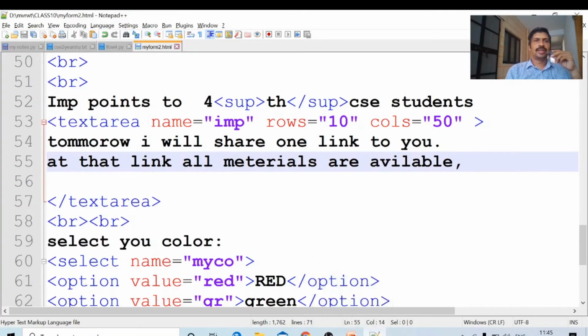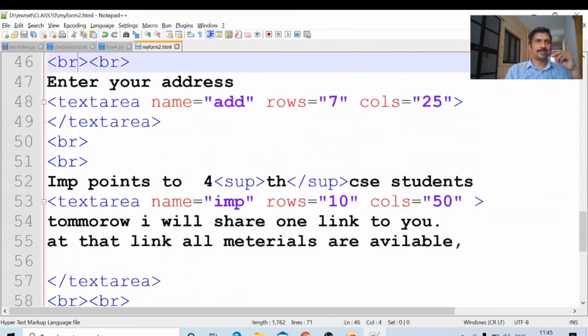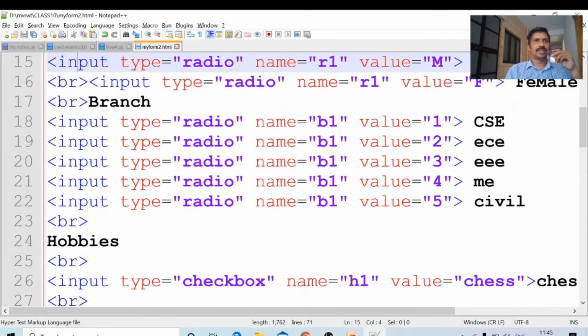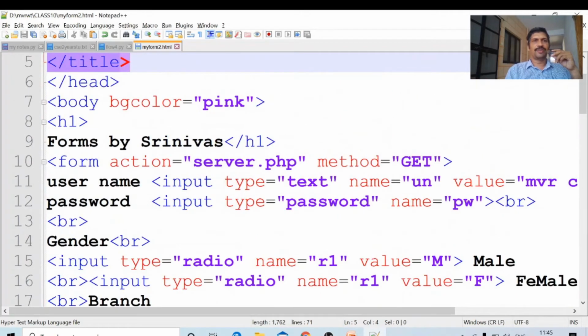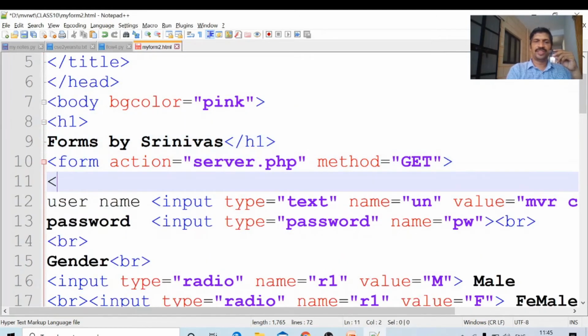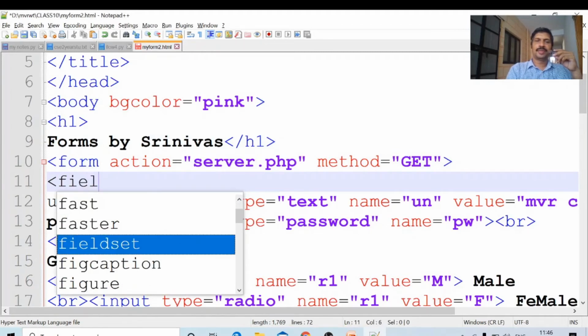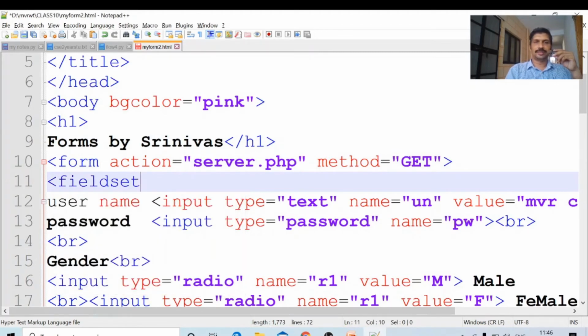We will see about fieldset. Okay, the same form I am considering here. I am placing the fieldset element. This is the starting of the form, Forms by Srinivas. Here I will put fieldset.